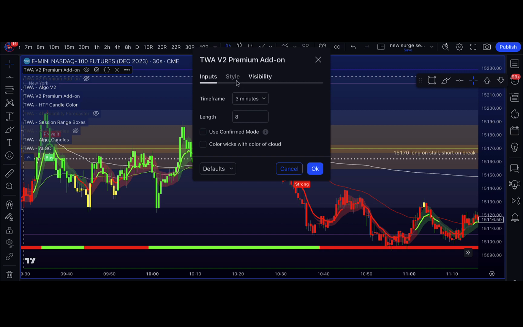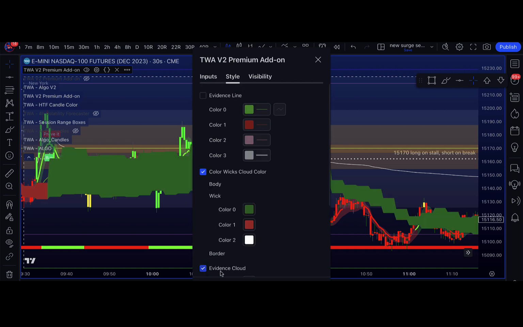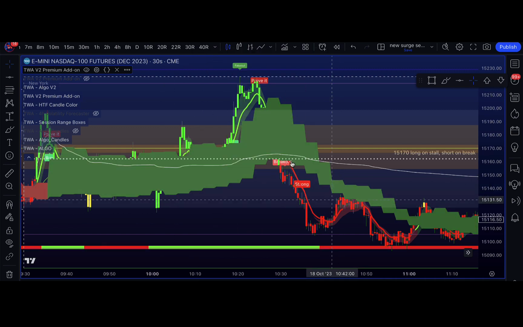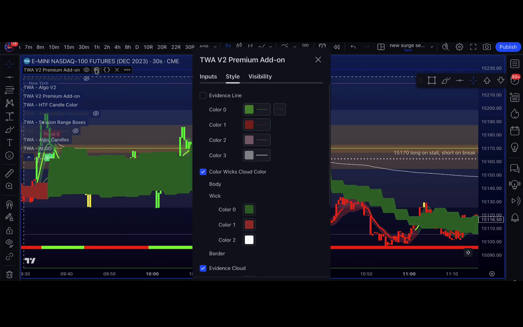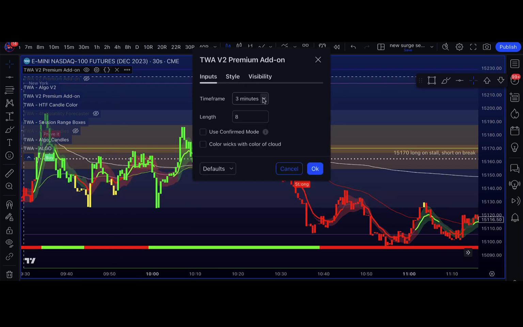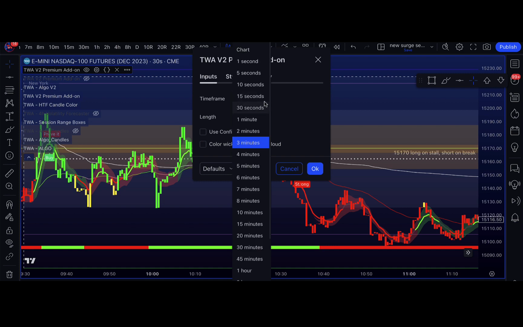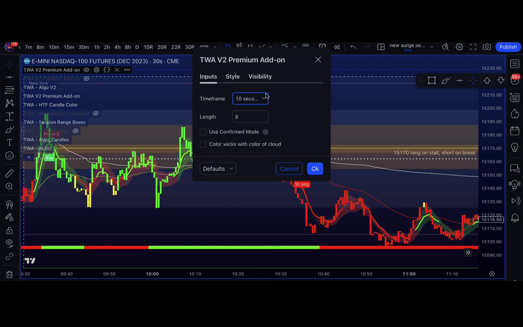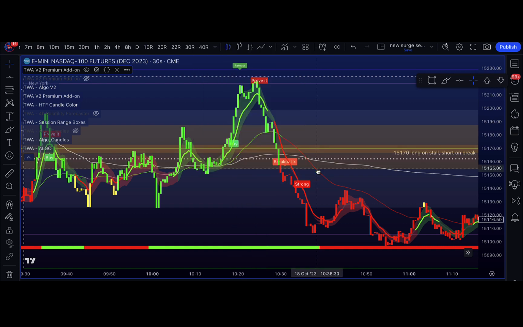And with the cloud, I'm like, well, I like the 3 minute cloud, so what does that look like? Well, that looks like garbage, right? We don't want to do that. So we turn off the evidence cloud, and I'm like, it would be really nice if we had a 15-second, 30-second. So I was like, well, I got a 30-second cloud on. Let's do a 10-second wick, right? So we put that combination together. And now this I like. Because this prove it